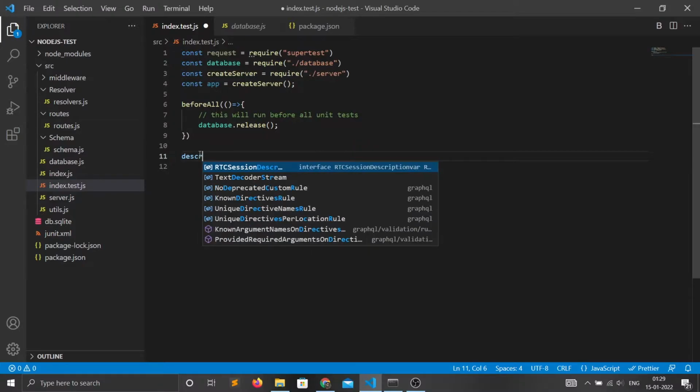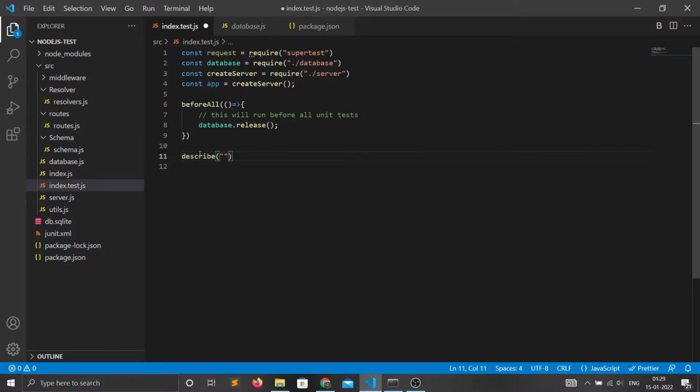There's a describe keyword. The describe keyword is what we use to start describing our test suite. In a test suite there can be multiple tests which are somewhat related. So let's say, since first we are testing the REST API, the unit tests which we will be writing will be describing the REST API, and then we can give it a function. Here we will write all the tests for the REST API.